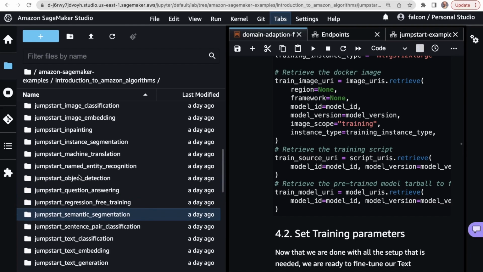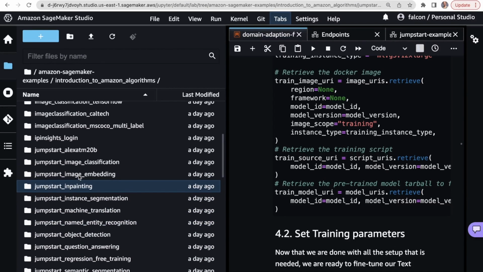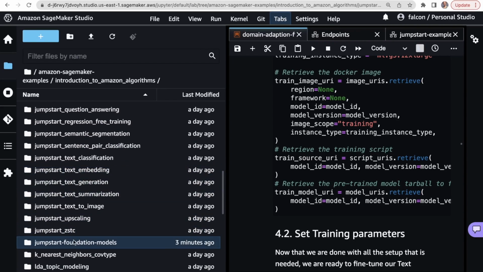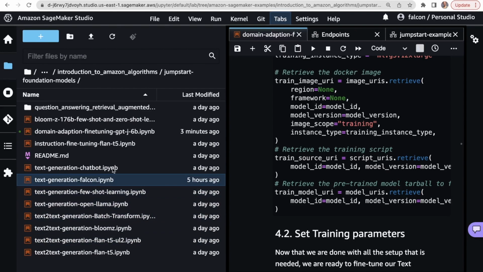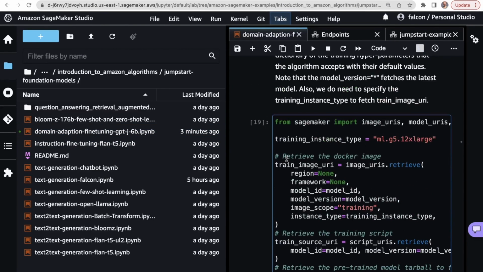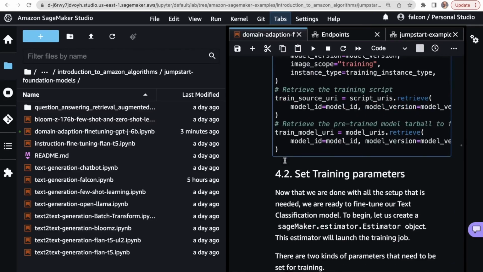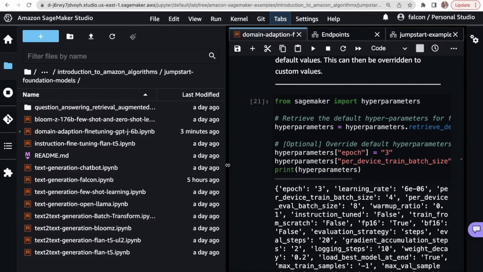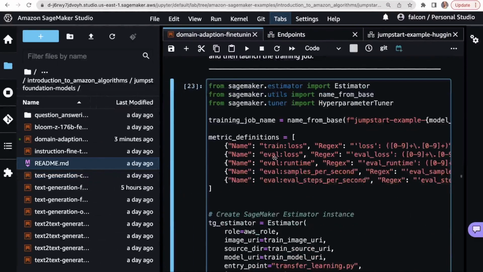So Jumpstart, Foundation Models, here we go. And then this guy. So where is this transfer learning script, I wonder? I am not certain about this.